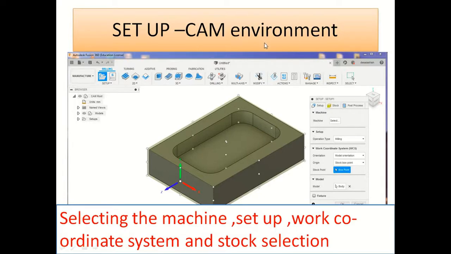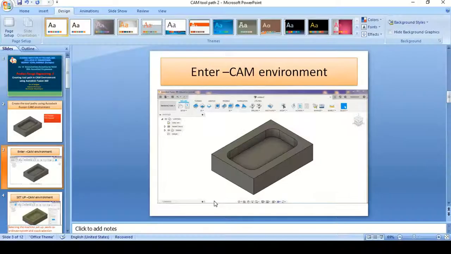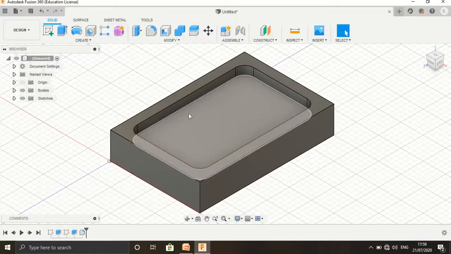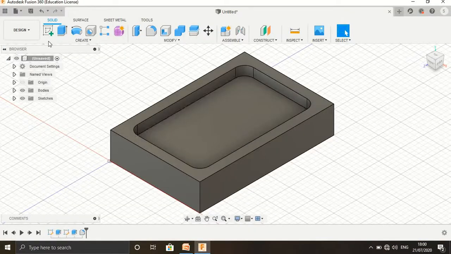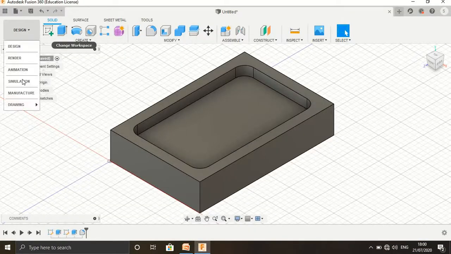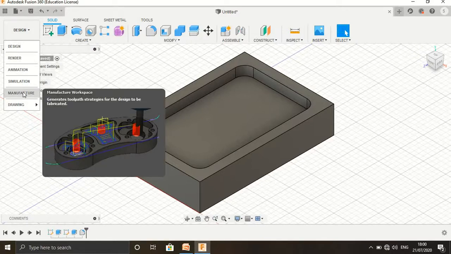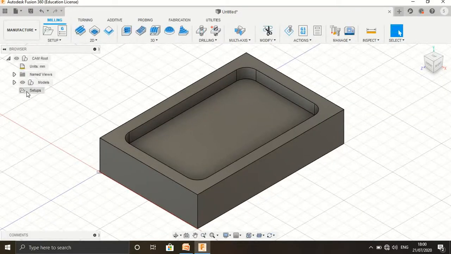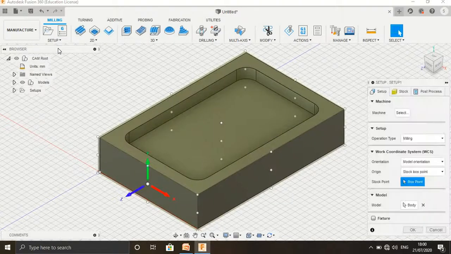So setup for the CAM environment: selecting the machine for the milling operation, the setup, coordinate system and the stock selection for the job we can do. Then go again to Fusion 360, select the manufacturing workspace, and select the new setup.